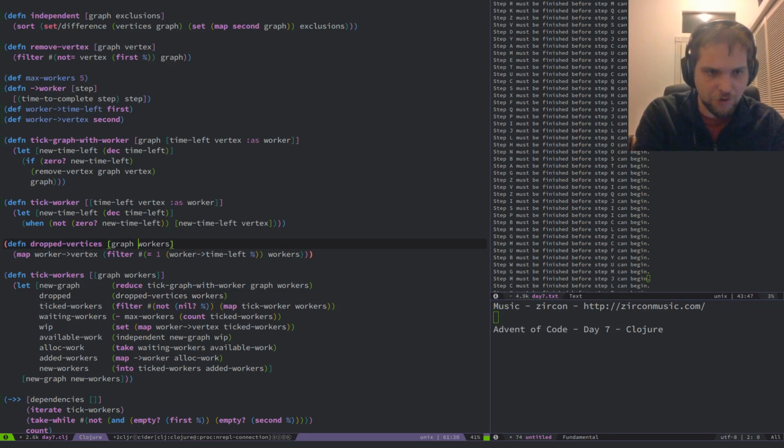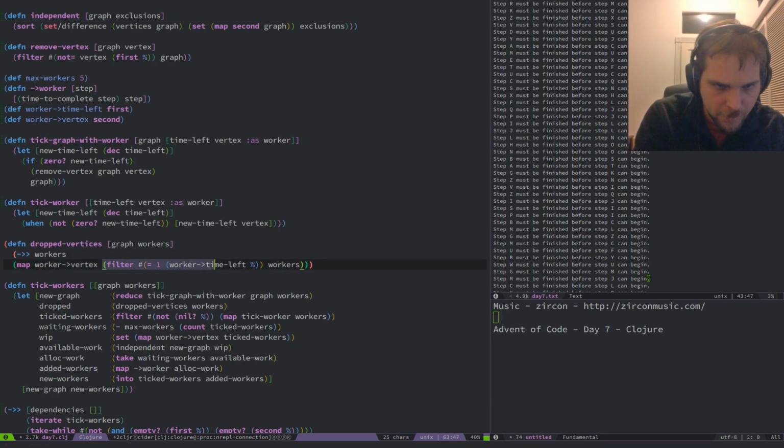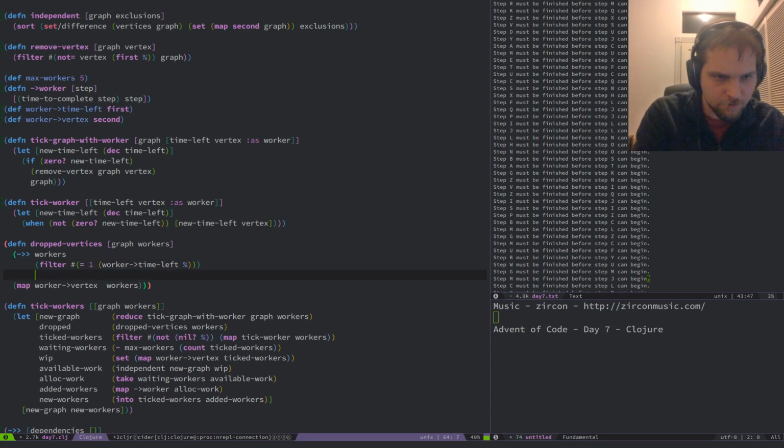So, like, given the graph and workers, I think we can make this more interesting. Worker to vertex.